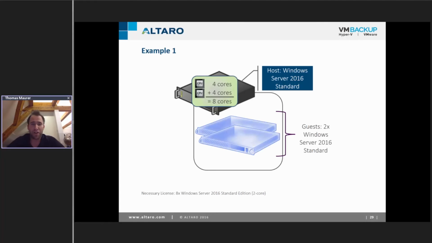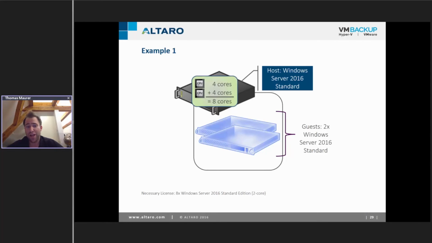Okay, so let's go for the first example here. We are running a Windows Server 2016 Standard host with 2 physical CPUs with 4 cores each, and we're running 2 virtual machines with Windows Server 2016 Standard on it. So this means we have a total of 8 physical cores.